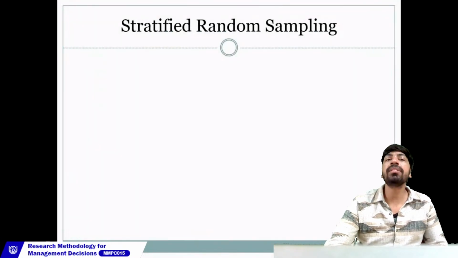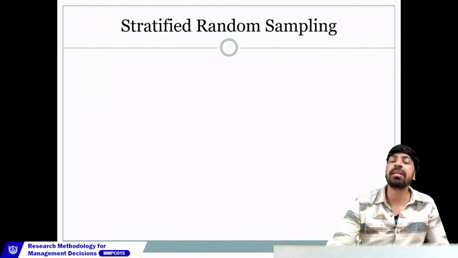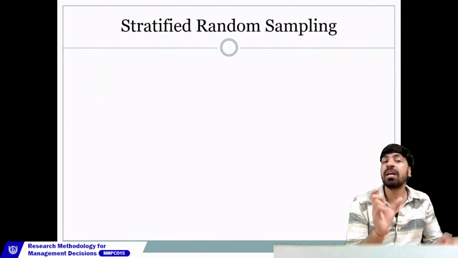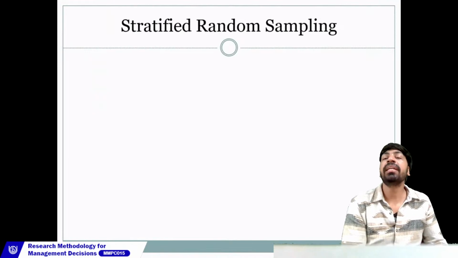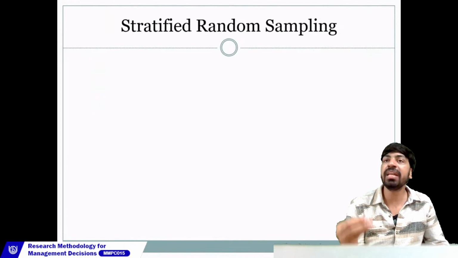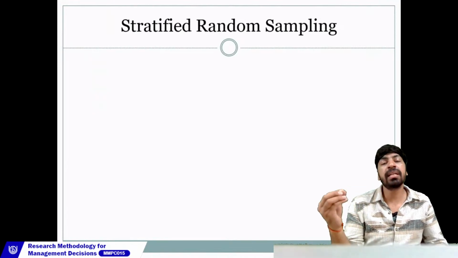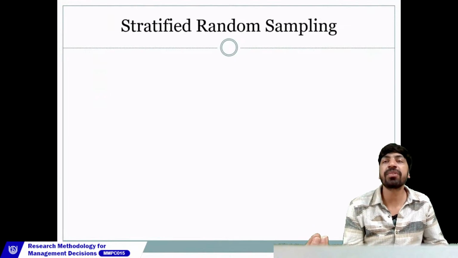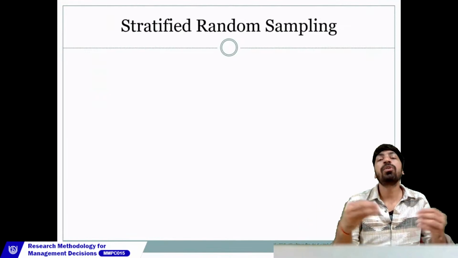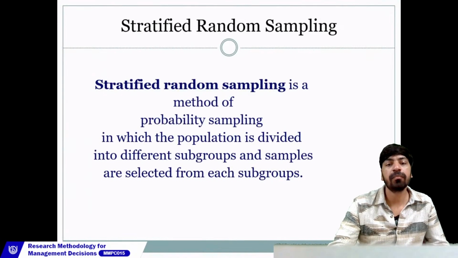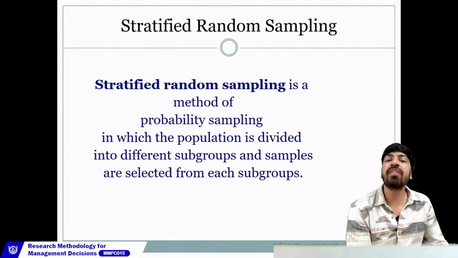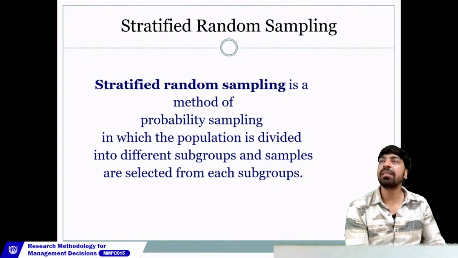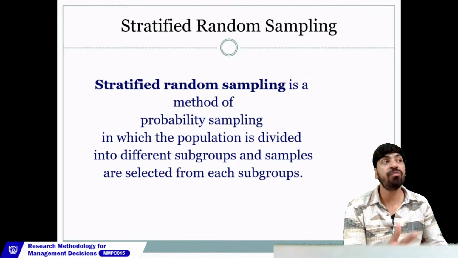Let's talk about stratified random sampling. The term stratified means every sample is collected from a stratum, that is, from a group. Let's begin. Stratified random sampling is a method of probability sampling in which the population is divided into different subgroups